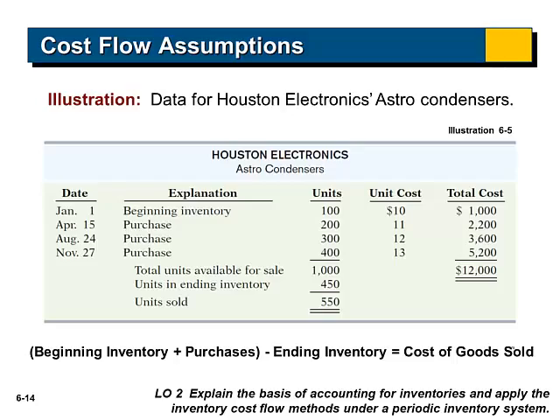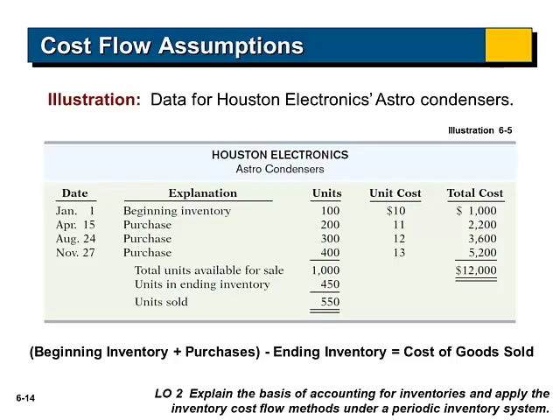Some of them cost $10 for Houston Electronics to buy from the manufacturer. Some of them cost $11, some of them cost $12, some cost $13. And we don't exactly know which ones are which, but what we know is there are 1,000 units available for sale. We need to figure out, of these 1,000 units, what are we going to assign to our cost of goods sold, based on the units sold, and what are we going to apply to